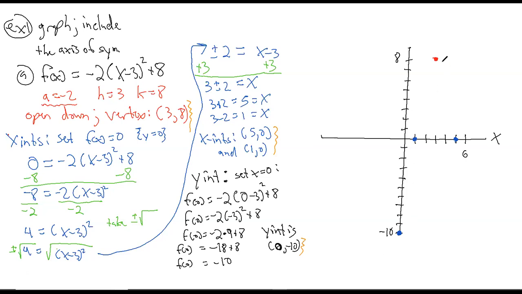So we have these 1, 2, 3, 4 points where the red one has to be the highest or lowest. Since it opens down, that is definitely the highest. This is the peak of it. So in other words, it's going to have to go down from there, like that somehow. But instead of just drawing that one point, maybe I want to do it like this. Or maybe it's supposed to be really tight like that. I don't know. Instead of just guessing, now we have points to guide us in how far it should be bending. So something like this, just to go to those 2 points, and then to go to the -10, it gets,